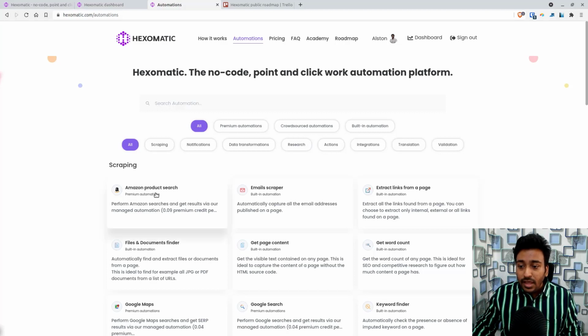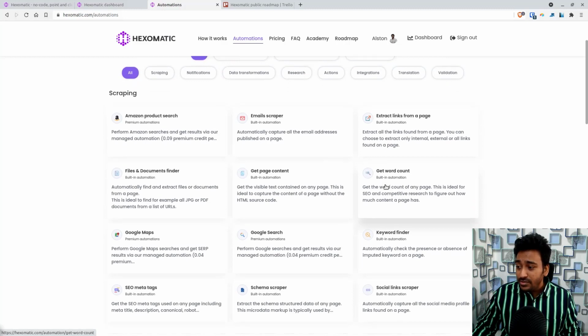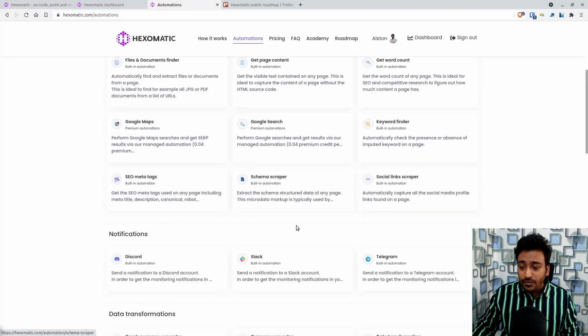For example, it can range from Amazon product search, which returns products from Amazon depending on your search, to email scraper, extract links from pages, get word count, and all the different ones available.